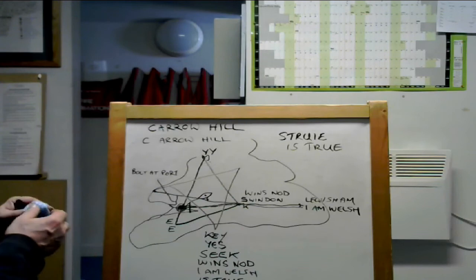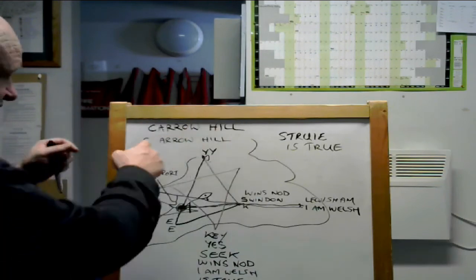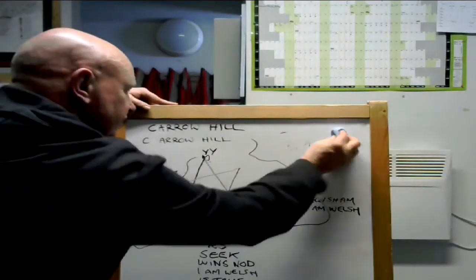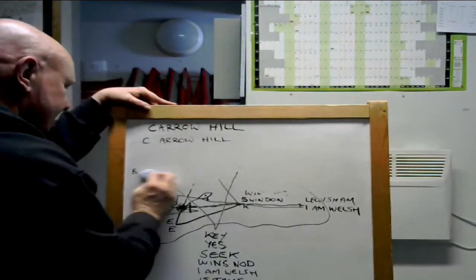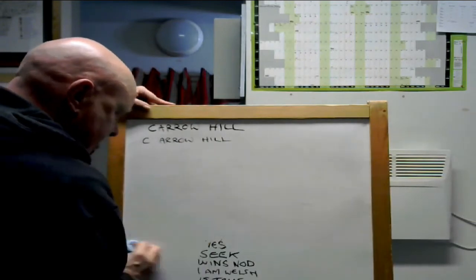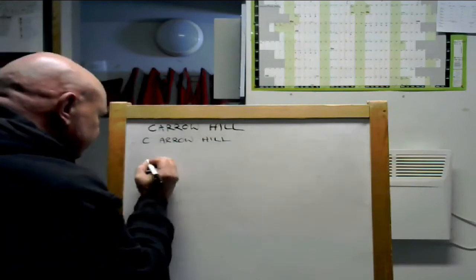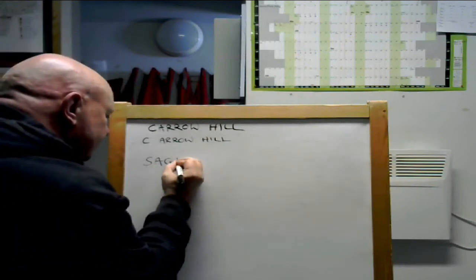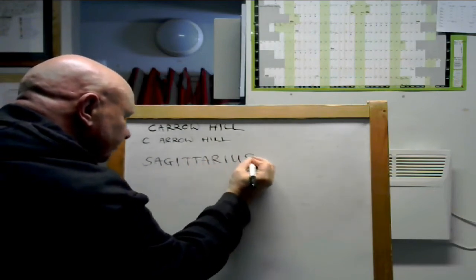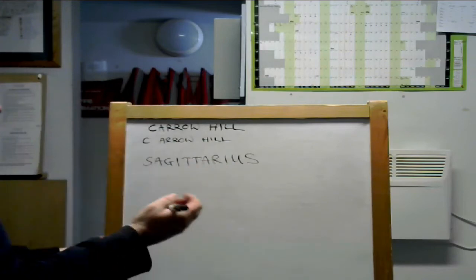Okay, this seems like a long way to go round, but this all relates now to Carrow Hill. Because this bow, the initial bow, is the bow of Sagittarius. Right, how does that connect? So the big bow, I hope I spelled this right, is a message. So Sagittarius is the archer, and he says,